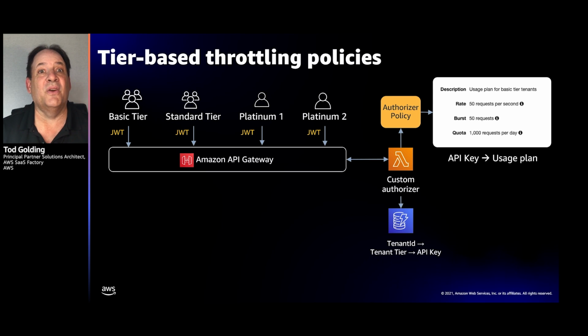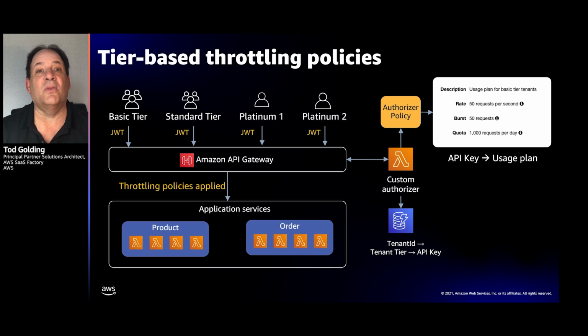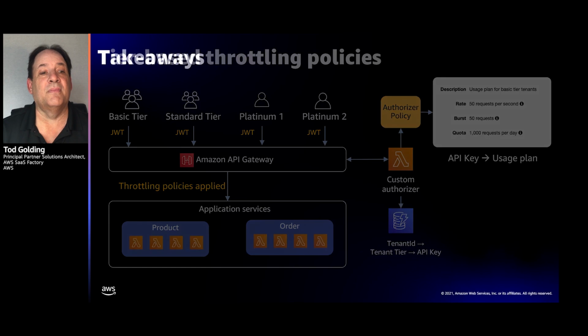This authorizer code goes out and figures out your tenant context and your API key, and then makes a request with that API key and the attached usage plan. And now you get throttling applied on a tenant by tenant basis. So instead of having to do that somewhere outside of this, or do something more exotic here, this is all automated for you, and now you get tier-based throttling strategies, a really powerful construct.